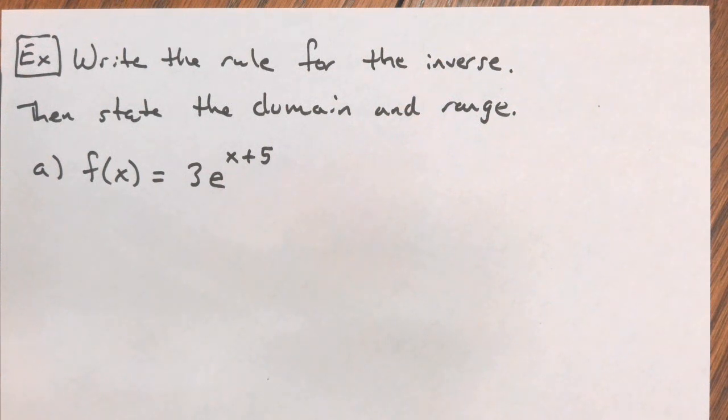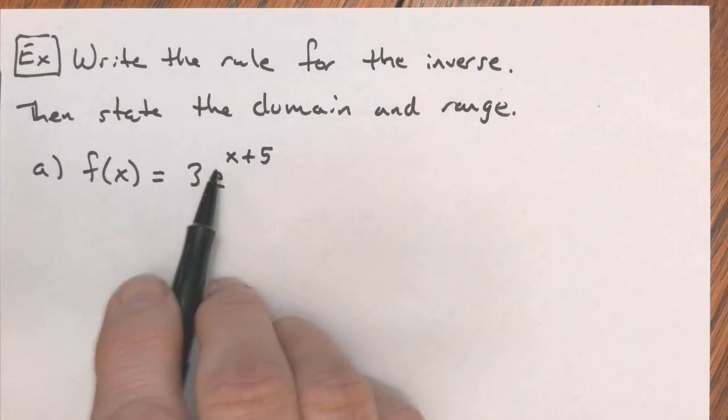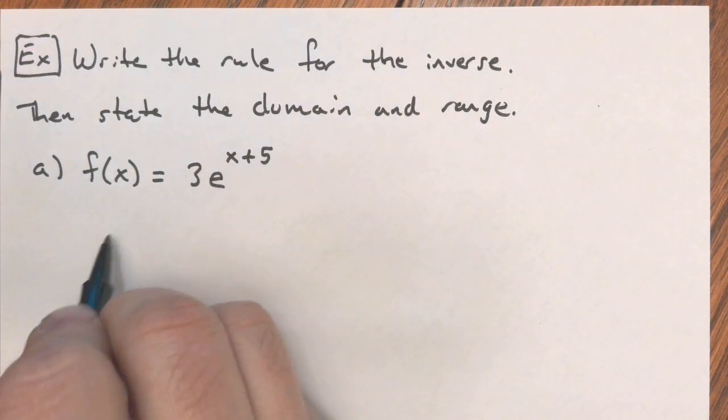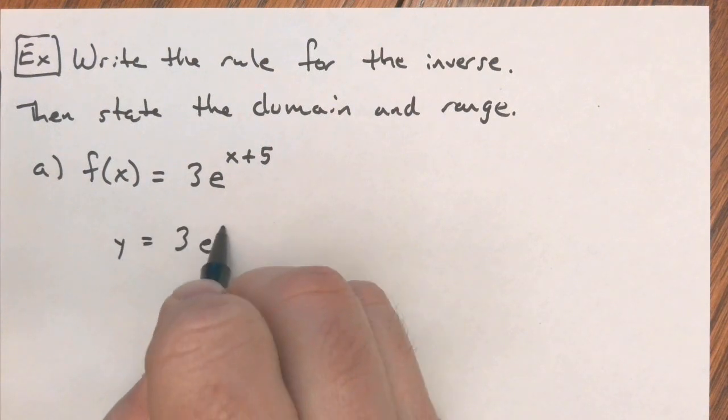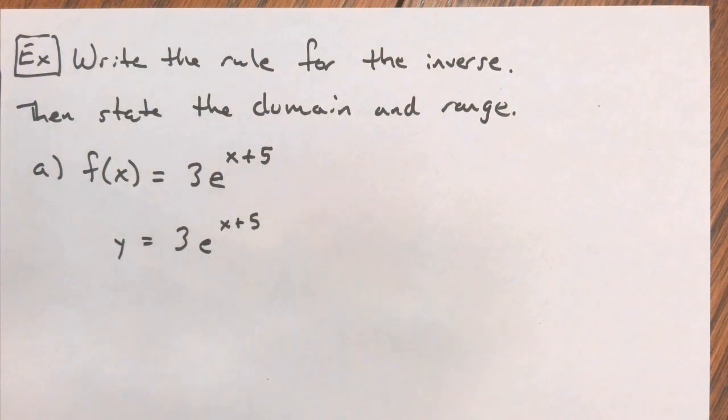In this example, we're asked to write the rule for the inverse. That's just another way of saying write the equation of the inverse. So let's start with that. We have our equation here that f of x in front is really just a fancy y equals. And when you come up with your equation for your inverse,